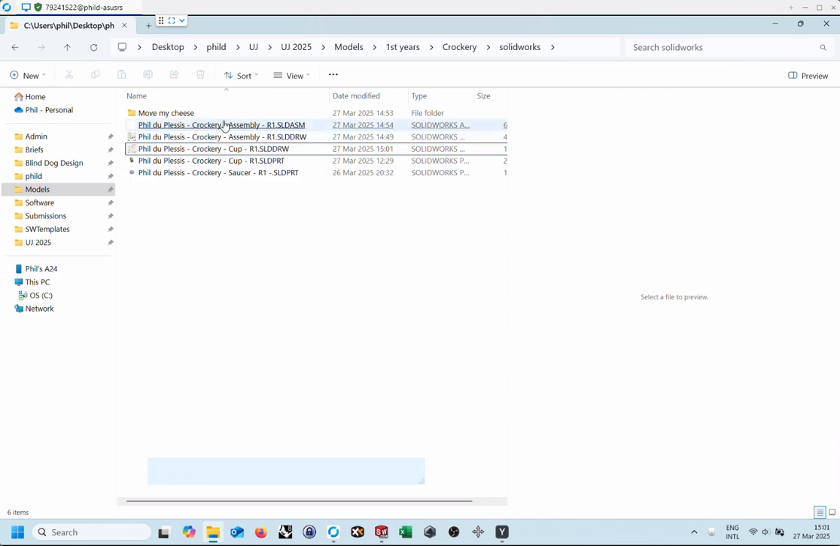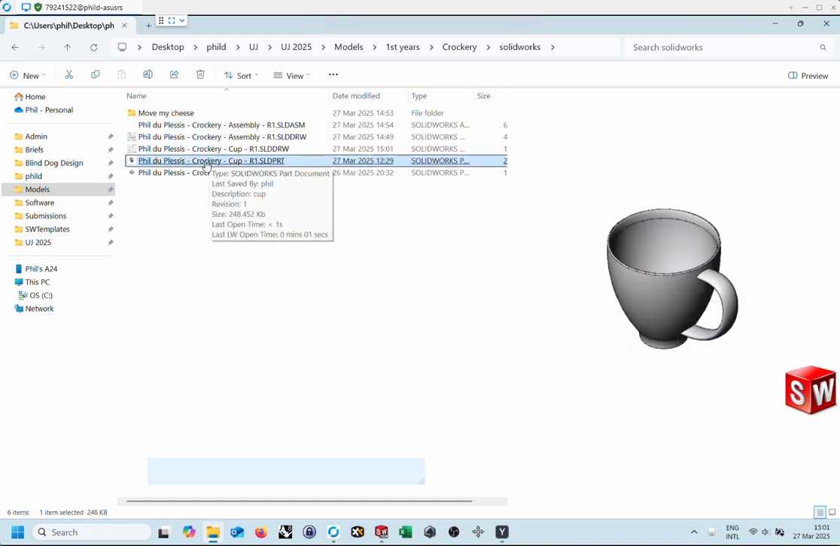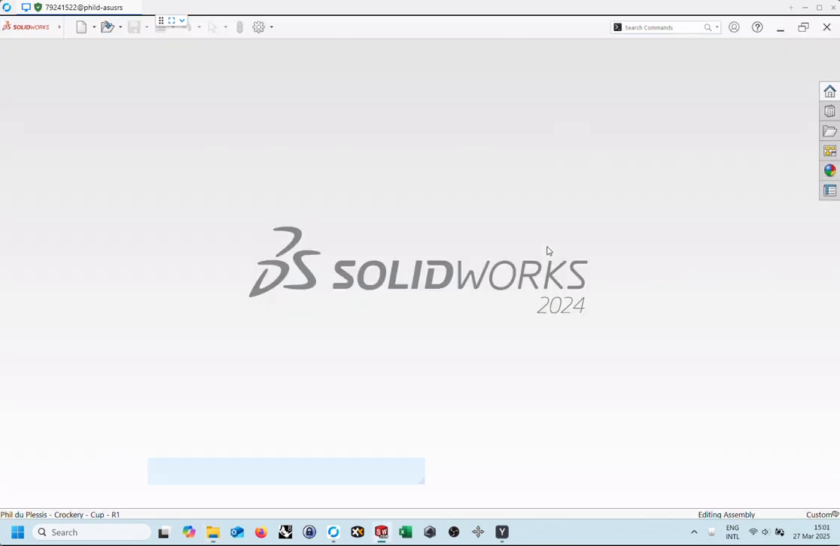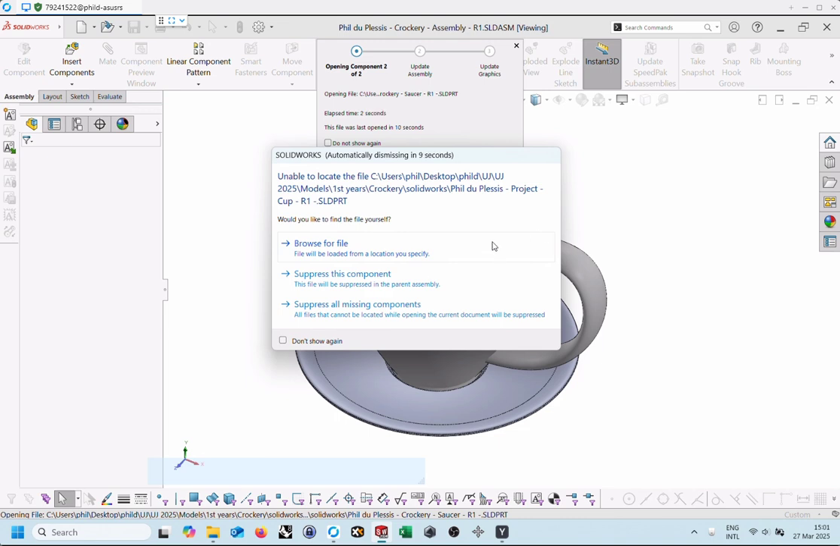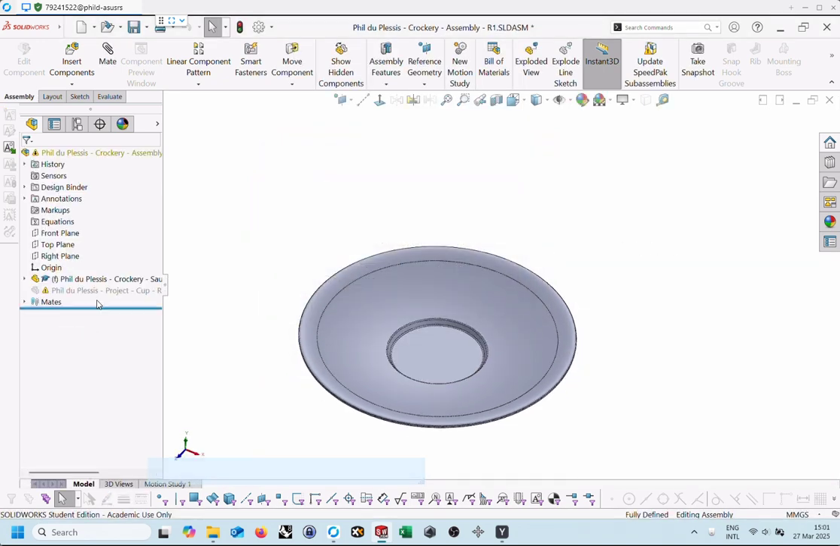Okay, so this assembly file actually depends on that cup file having project instead of crockery. Let's see if it opens. Error message, so you've got literally 11 seconds to find cup R1. I'm going to let it run its course so that it actually hides the file. You can see here on the left hand side it's looking for the file named